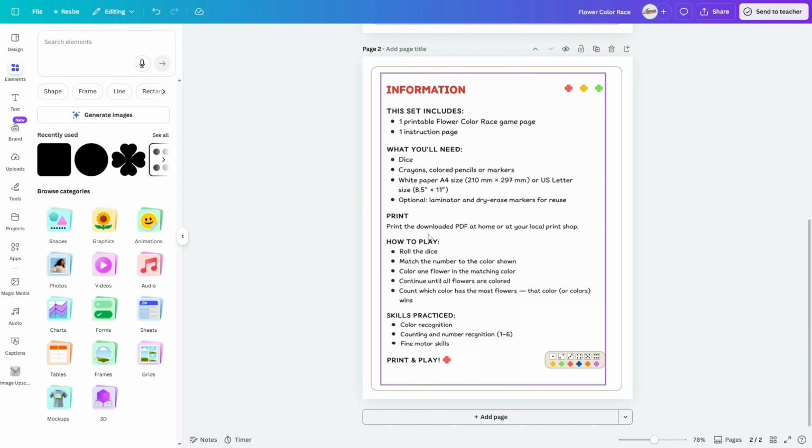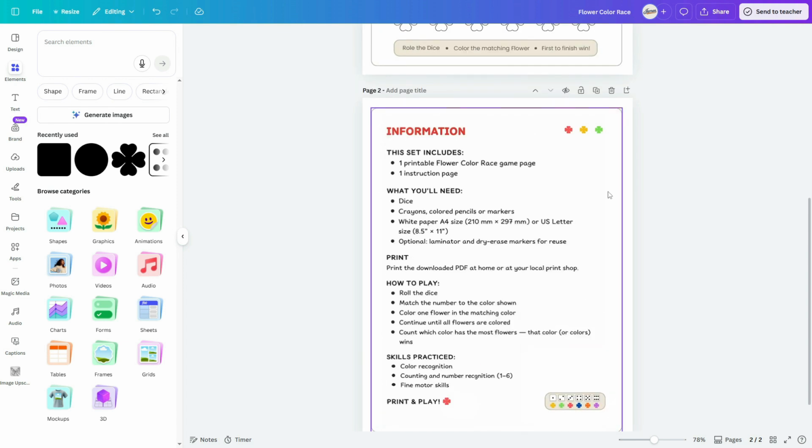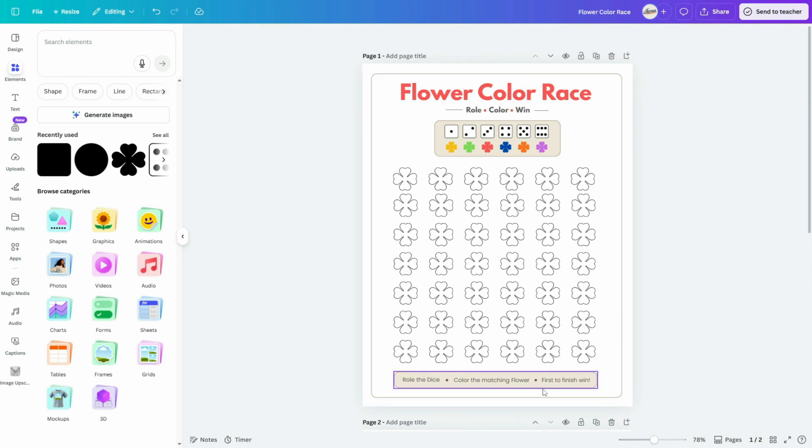After that, I included printing instructions explaining how users can print the sheets at home or at a local print shop. Then comes the How to Play section. This part clearly explains all the steps needed to play the game and how to win, making it easy for kids to follow and understand. With this approach, you can create unique printables that are in high demand and can be sold on Etsy to